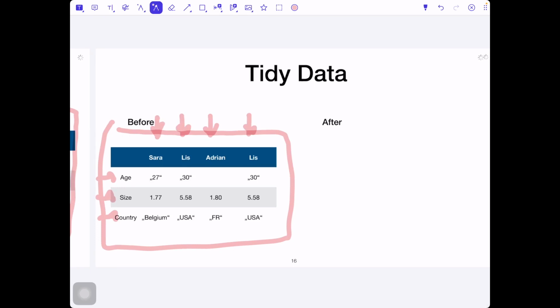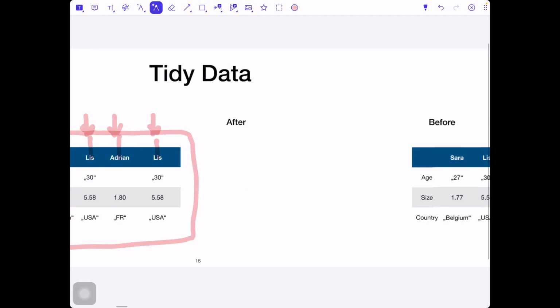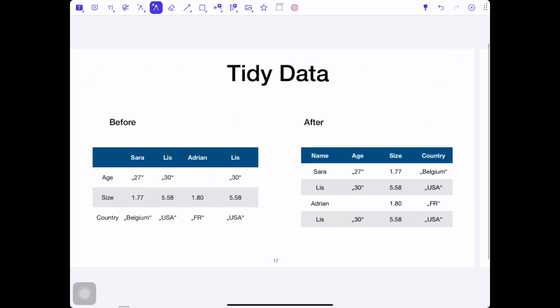In this table, the people are the examples, the samples of the data. We just collect the information about different people. And age, size, or country are their properties, the description of every person.